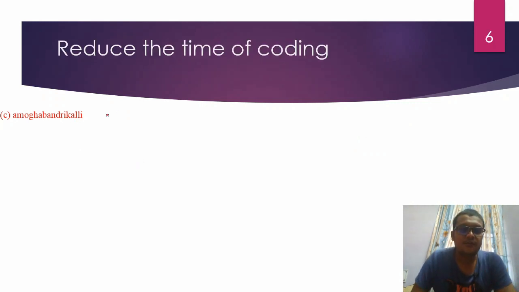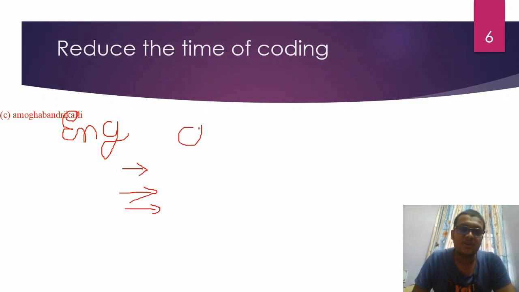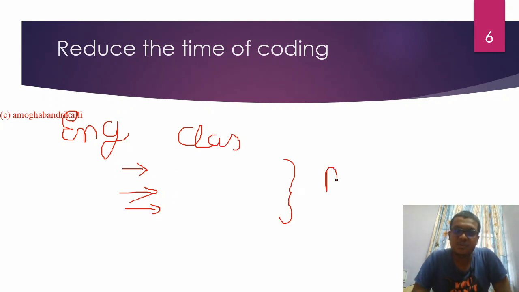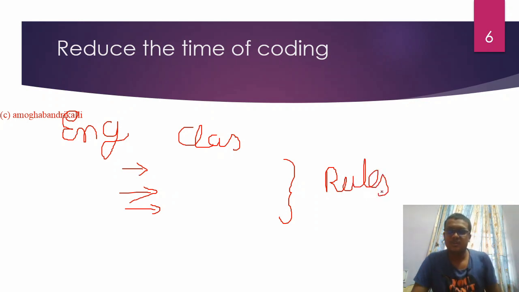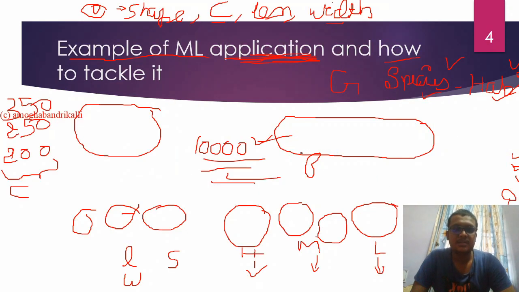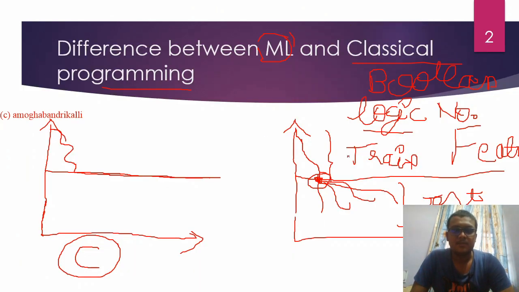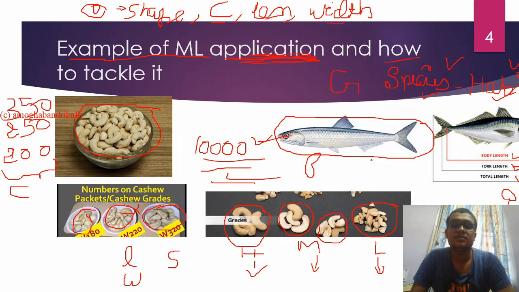If you are going to find software for English correction, you need to go for numerous rules. I am telling you about classical programming and how time consuming it is. For classical programming, you need to write the rules, so that is what I just said here. You need to write the rules, like Boolean expressions, logic, anything. But in machine learning, the machine will generate the rules by seeing the examples.